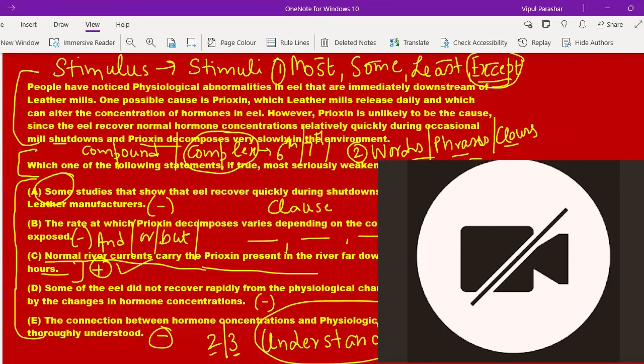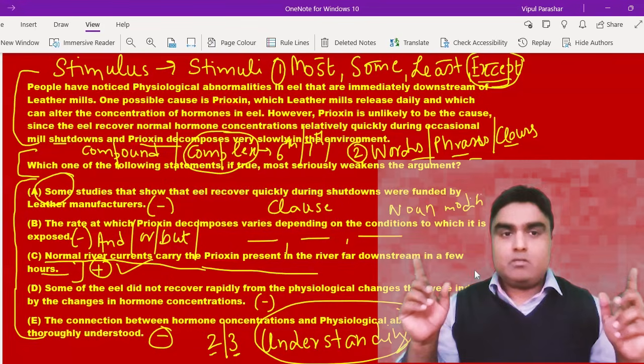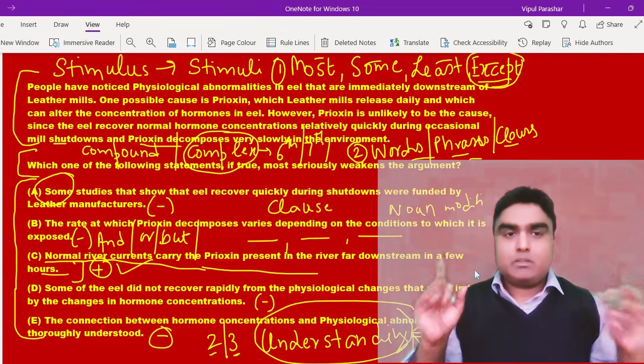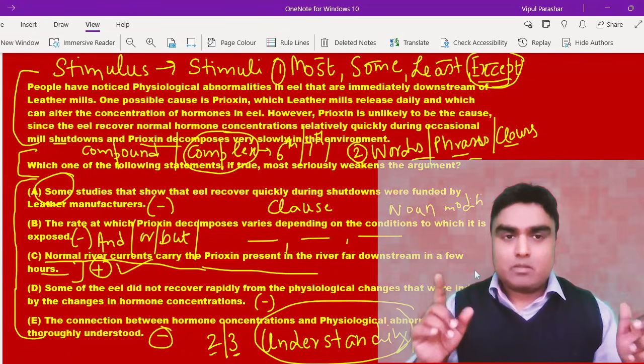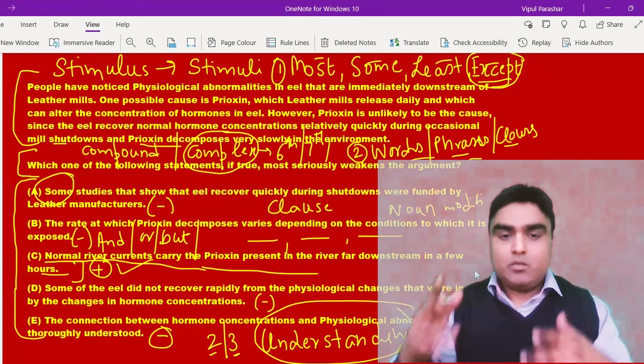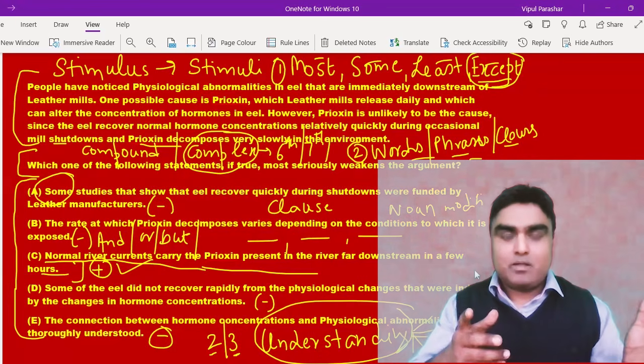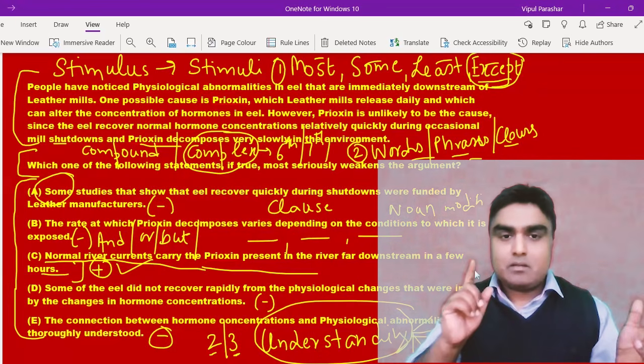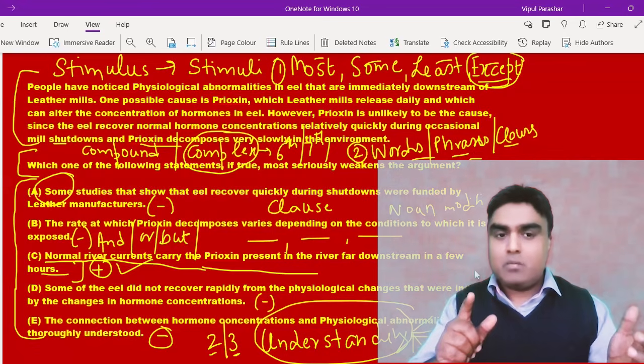Sir, one confusion. Isn't option D strengthening the second sentence in the passage? Like it's mentioning that some of the ill did not recover rapidly from the psychological. Now, this is a very, Mr. Kuntal, thank you. Thanks for asking this question. Actually, you have taken me to one more point. This is a very good example of,